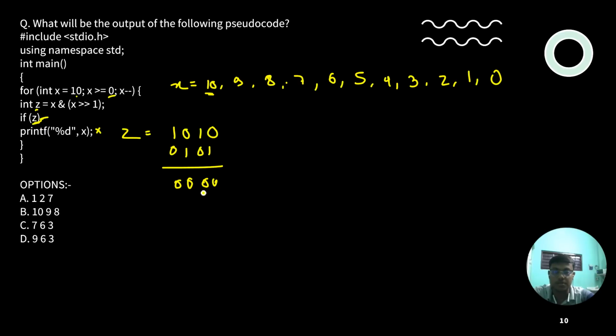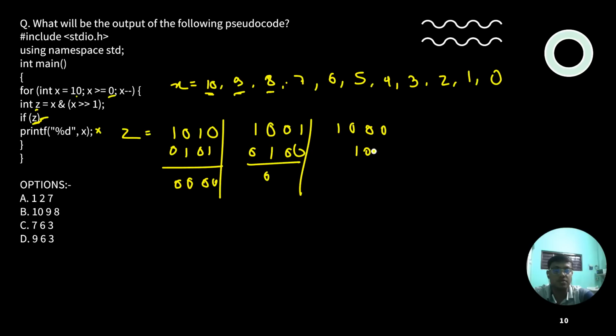So for the first operation, Z is 0. So we move to the next one, which is 9. So 1001, and on right shift we get 1000. This is 0 again. Next we move for 8. 8 is 1000, and right shift would be this. This is 0 again. So for 7, 7 would be 111,